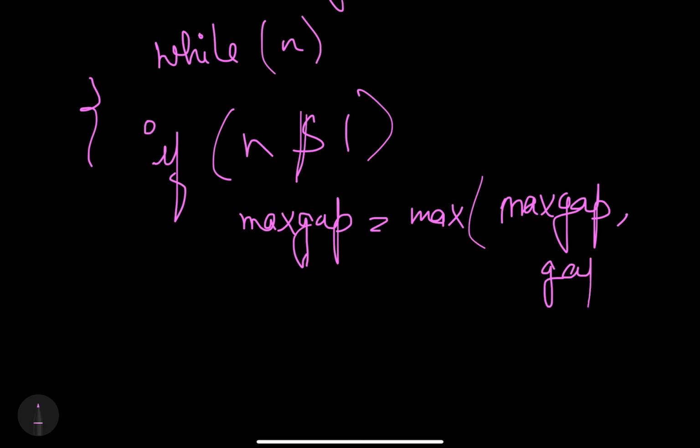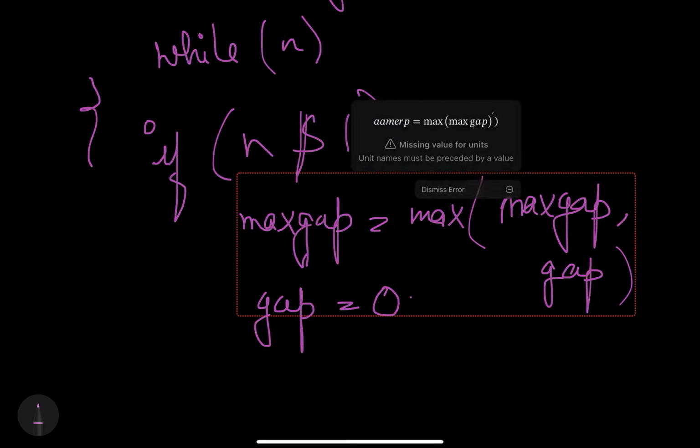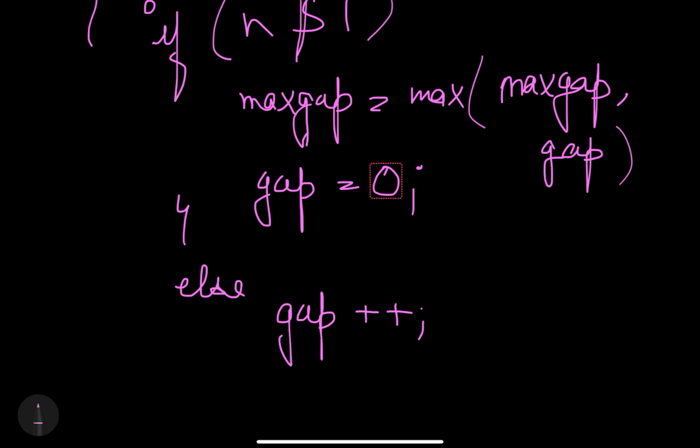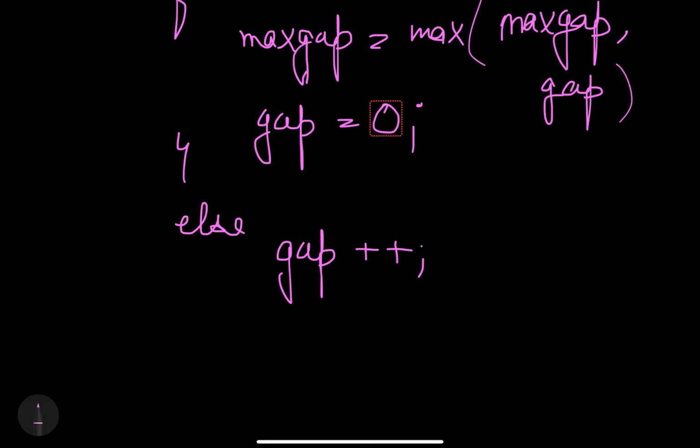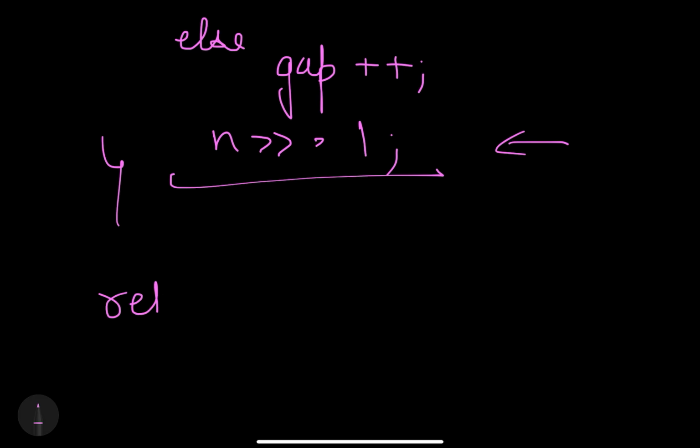Okay, and reinitialize our gap as 0. If it is not 1, it is 0, then what we'll do is increase the count of our gap. Okay, so this is a simple approach, and we'll update bit by bit to check all the bits. That's what we are doing here, and simply we'll return the max gap